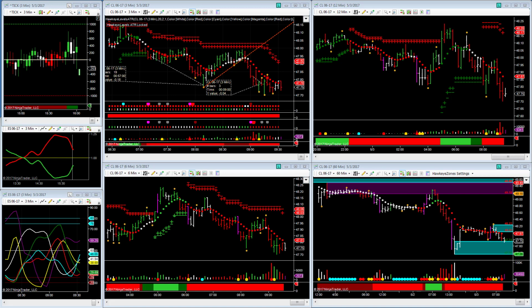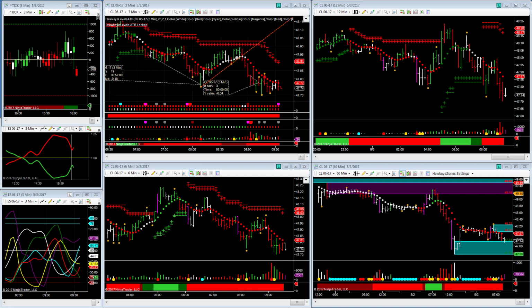We'll get down to brass tacks here. I am here to show you the full suite of Hawkeye tools, from Hawkeye Volume all the way up to our Hawkeye Scanner, and all the tools in between, including the trend and stops, the volume radar, the Fat Man, the Fat Boy, the KISS, the tool sets, which include the radar screen and market analyzer, our Hawkeye zones, and of course our levels tools for profit taking.